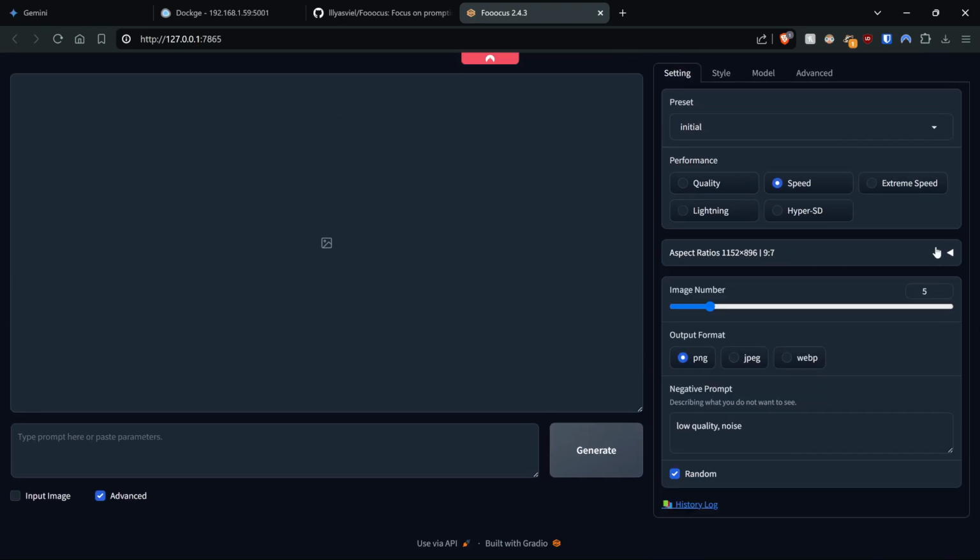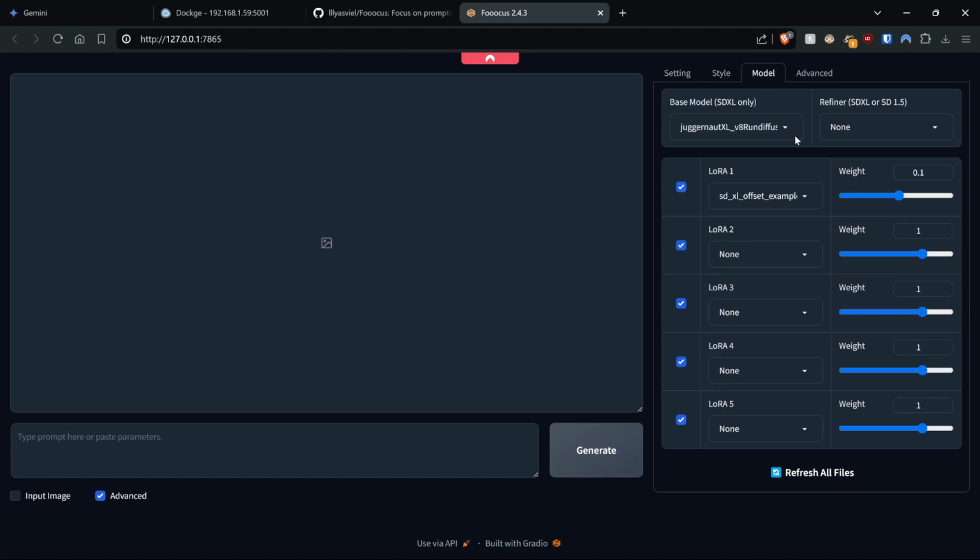We're going to leave that as it is. You can choose if you want it to be super fast, speed to quality. I tend to think leaving it here in speed is perfectly fine, and it gets a nice balance. And then under model, this is where it just downloaded that checkpoint for us, and this is the first file that it downloaded. Now, there's nothing in the refiner currently, but I am going to suggest that you do put something in there at some point, and I think that should be, even if it's just this Excel file, again,